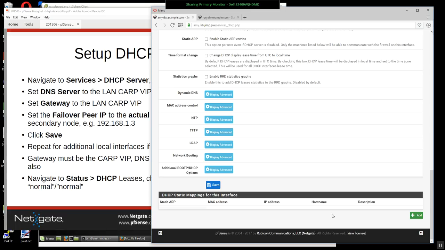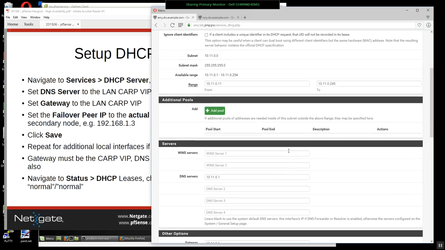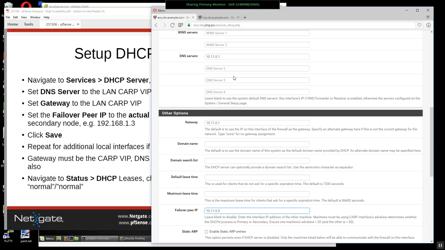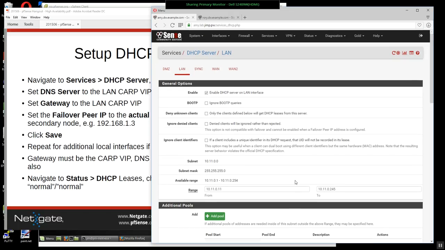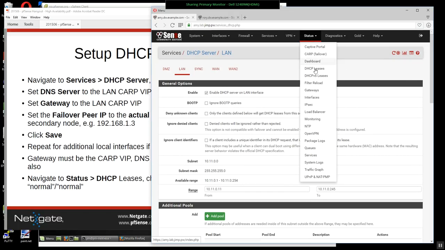It will synchronize your static mappings and stuff too, if you want to copy those in as well. So after you've made sure you've got your DNS server set to the CARP VIP, gateway set to the CARP VIP, you got your failover IP set, save and apply that. If we go over here to our DHCP status, under status and DHCP leases,